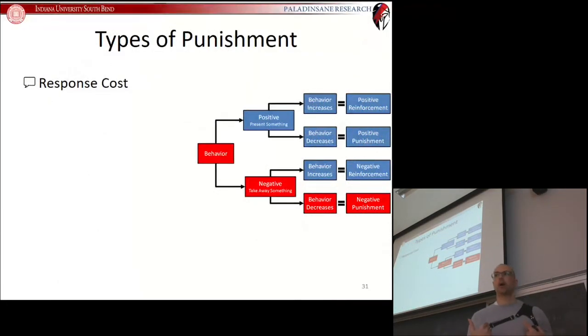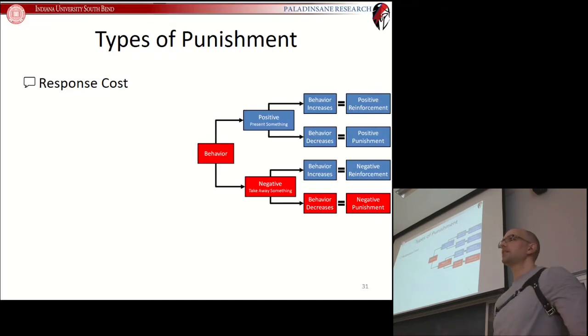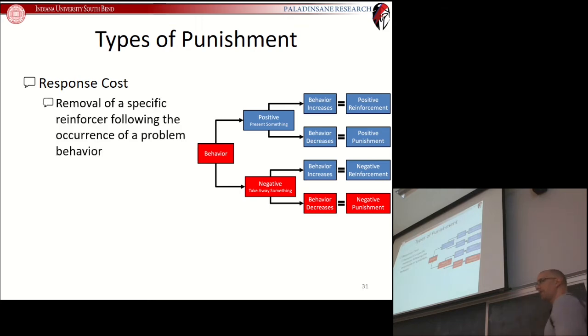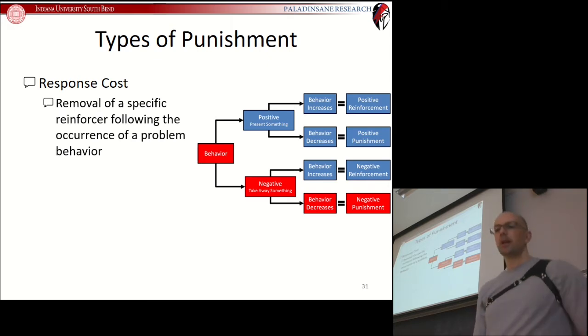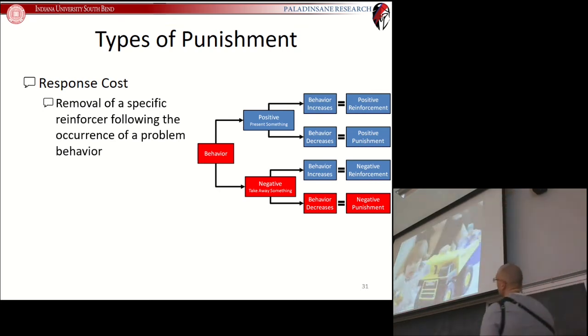On the other end of the spectrum, we have response cost. And response cost is still the removal of something. It's still negative punishment. But response cost is where you remove a specific reinforcer following that problem behavior. So rather than removing all reinforcers, you remove a specific reinforcer, and that is response cost negative punishment. So to give you an example of this,